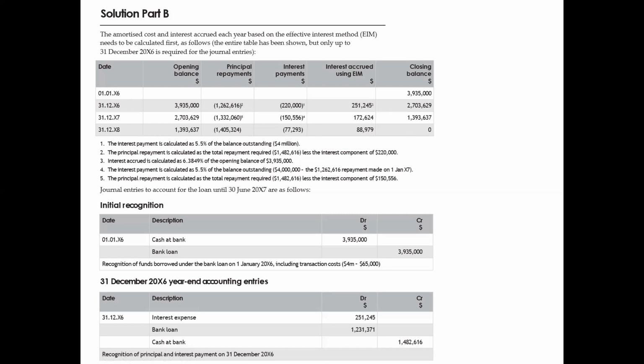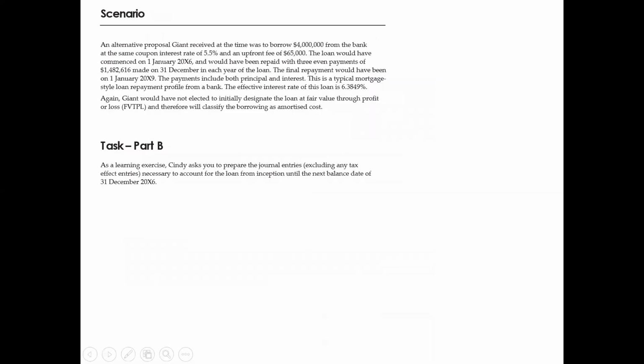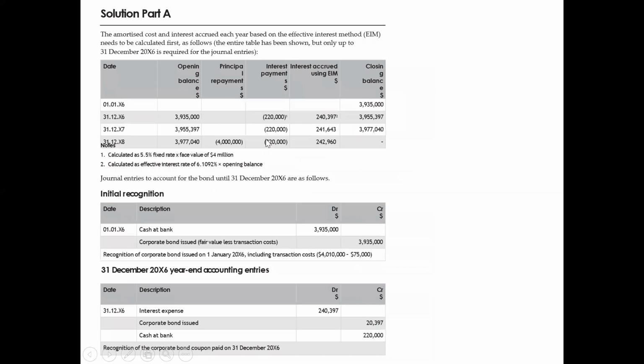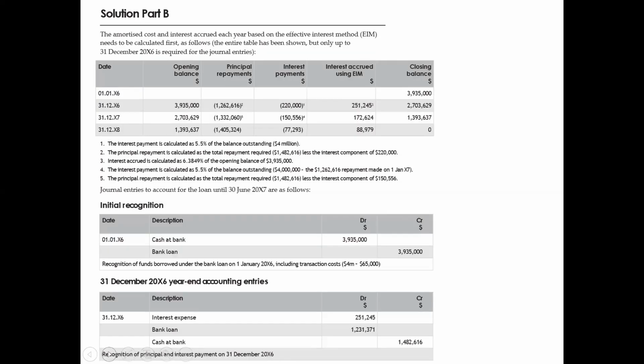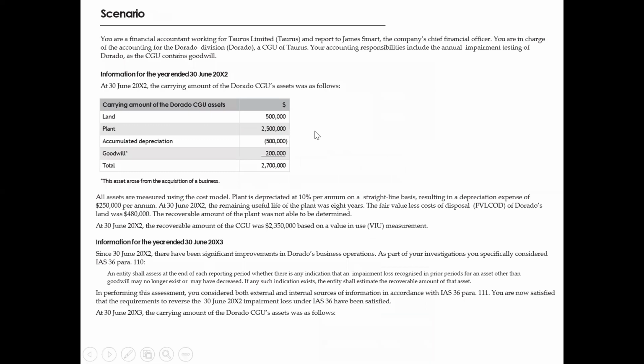So what's the difference between these two methods is that in the first method, you can see that we only repay the loan towards the very end of the term. Whereas in the second method, which is more like a mortgage, you have to make regular principal repayments. And I think once you have this table, again, feel free to practice this yourself. It's going to be really important. But once you have this table, you can easily then write the journal entries. Okay. And so they're really just going to be the same. So now let's move on